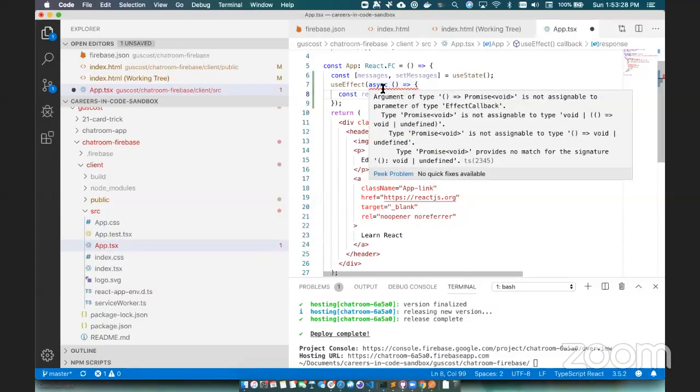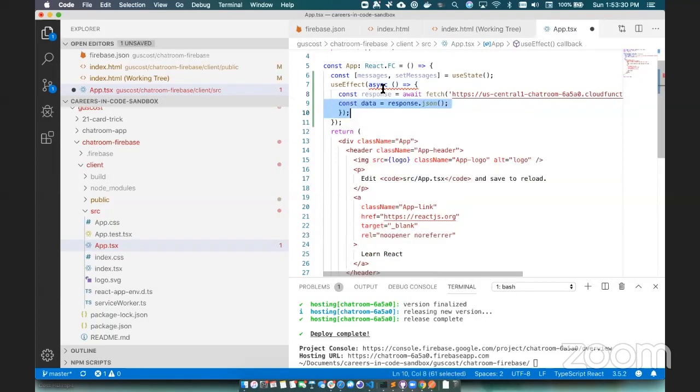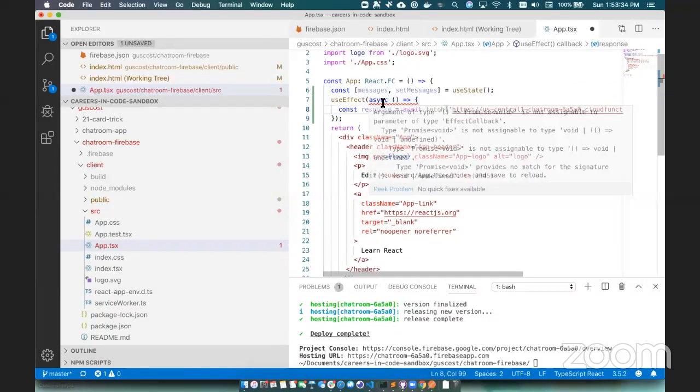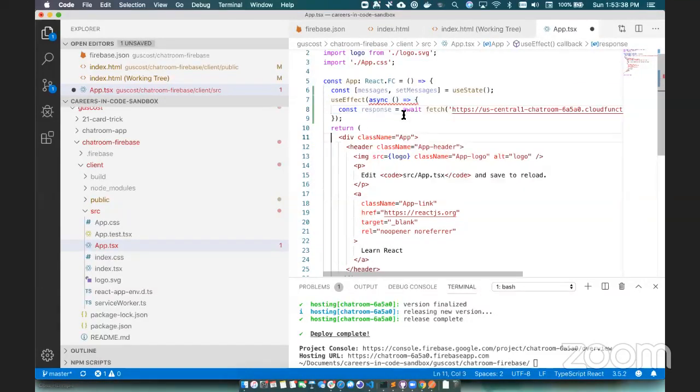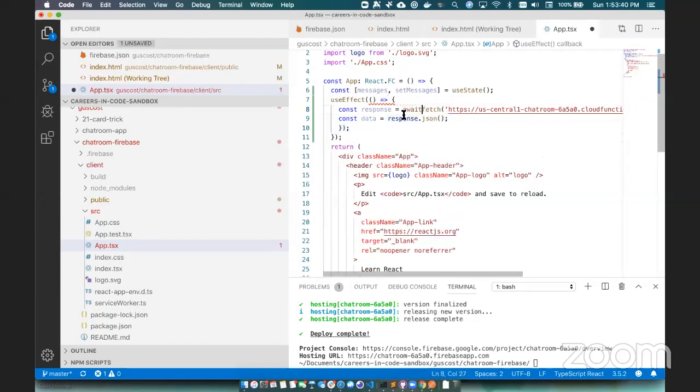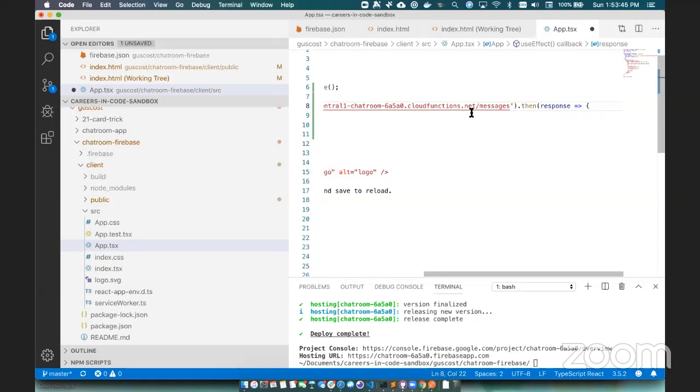No. Okay. This is TypeScript giving us some convenient things, which are very confusing errors. Type this, equal to this, and blah, blah, blah. Okay, we'll just do the fetch, then